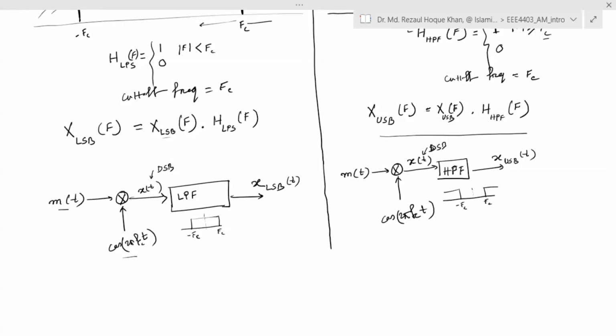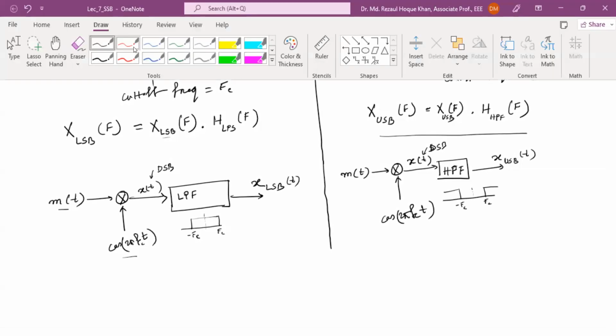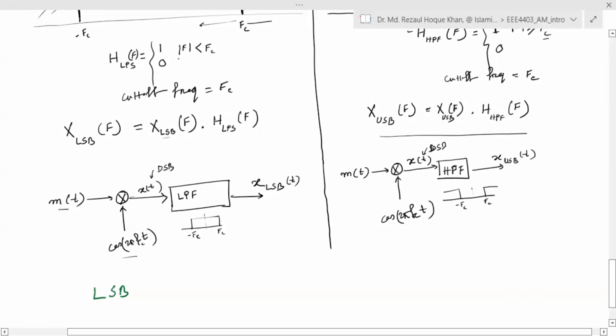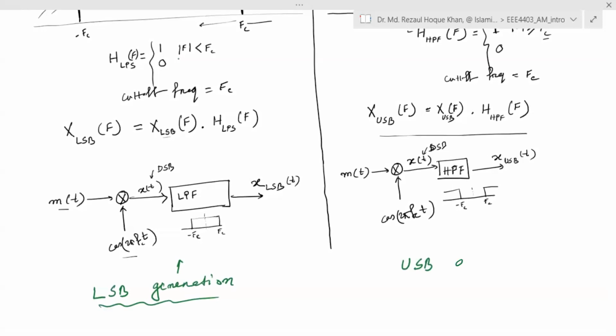Okay, so we know how to generate. This is our LSB generation, lower sideband generation mechanism, which is this one, and this is our upper sideband generation. So you see, to generate an upper or lower sideband, or in general SSB, you need either a low